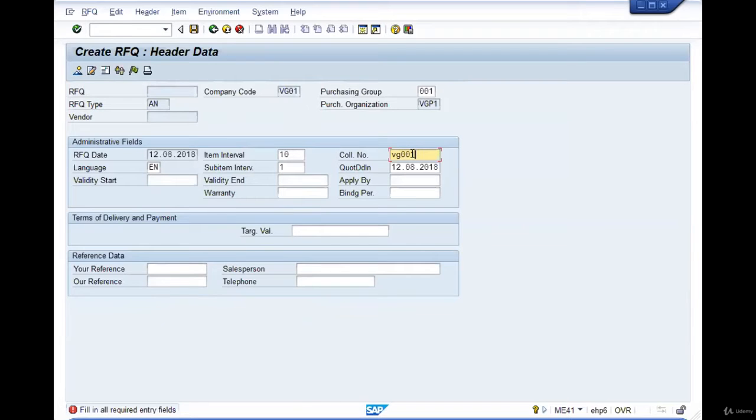And when you want to analyze how many RFQs have been totally created during a specified period based on the criteria, against which how many quotations have been received, how many were selected, and how many purchase orders were created, all this analysis can be carried out based on this collective number. It's a 1 to 10 character alphanumeric code which is entered only by the users. They can enter whatever code they want. So just enter a 1 to 10 character code for your practice.